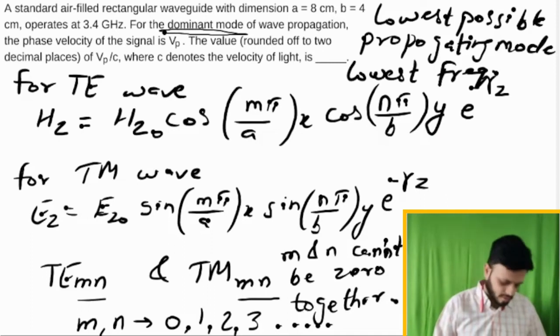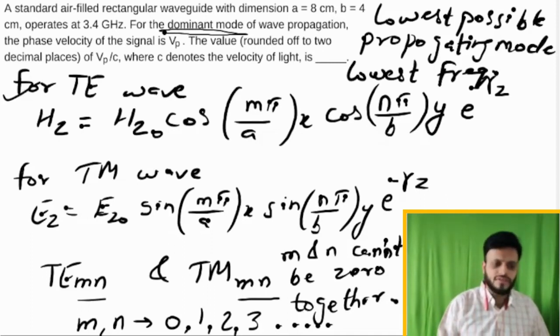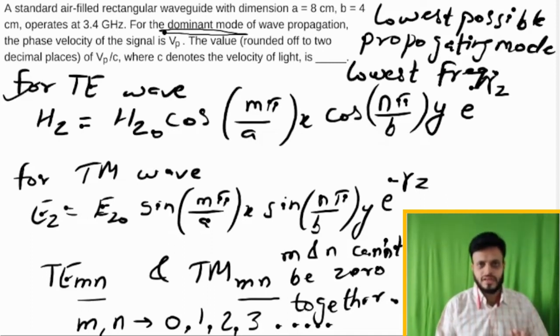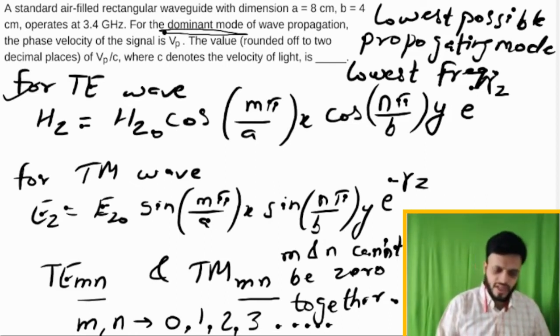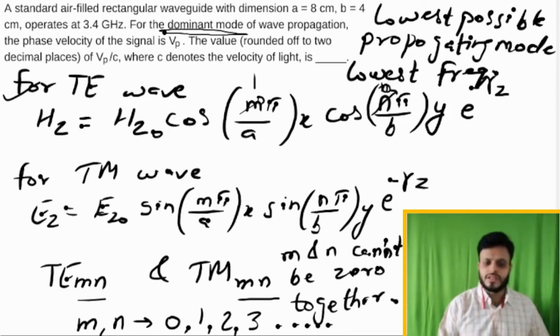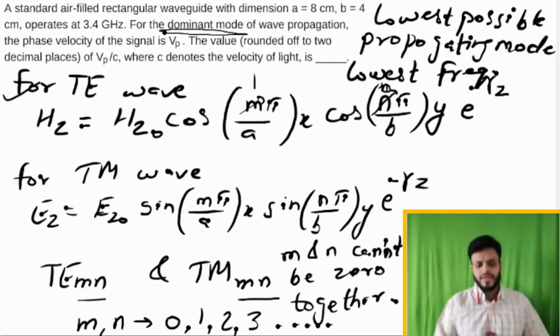As we are talking about the TE wave, presently we just need to put our m and n values in this equation. If I am putting the value of m as 1 and the value of n as 0, now we can see